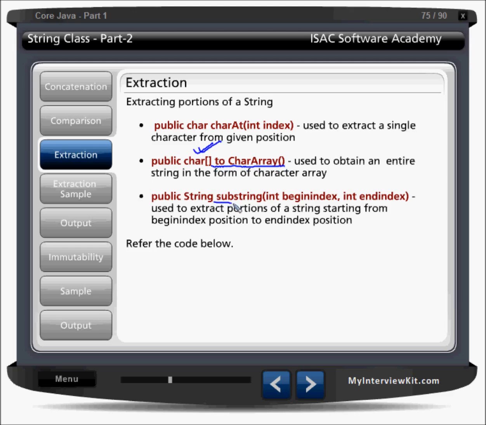And there's one method which is very important: substring, with begin index and end index. So let us say I have one string, hello, and I want to take the characters ll from hello. What I have to do is use substring and give the index from where you want to take and till what characters you want to take. Both are indexes, the starting position and the ending position, you pass them here and you'll get the string.